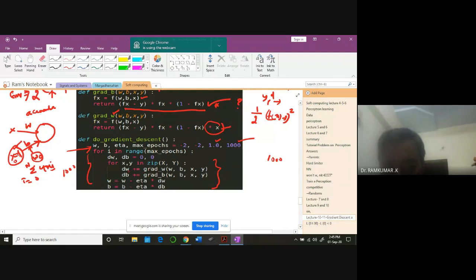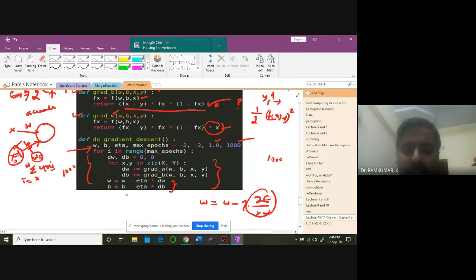dw is going to be equal to the gradient of w. Gradient of w I have already defined, gradient of b I have already defined. Simply take that and substitute. Can you see it? New weight is equal to old weight minus eta times dou E by dou w. This dou E by dou w is what we are computing here. These two functions are going to help you with that. Use those functions and substitute here, dw, db. Is it clear? So you're going to do it for so many iterations and check whether your error has come down.